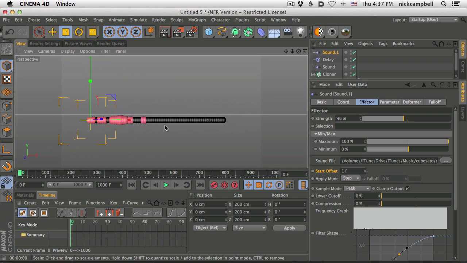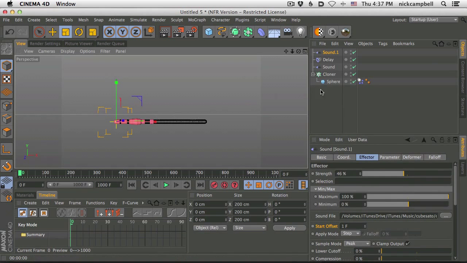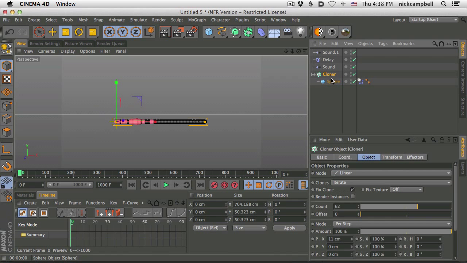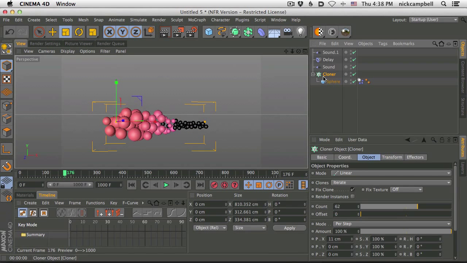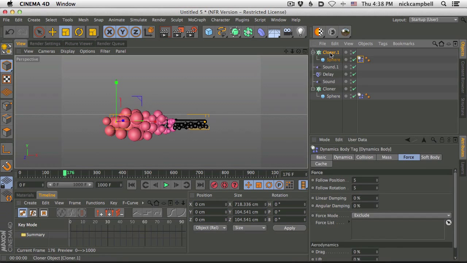Let's add our lighting, and then let's add that last variation, which is that dust that's floating around. In fact, let's add the dust now. I think that's a really fun effect. I was looking at this effect and I was like, this is really cool, and I have all these spheres jumping around, but what if it was colliding with all this other stuff? So I took the cloner and I copied it and I pasted it, and I basically made an identical clone of another set of spheres with the same kind of dynamic settings on it.